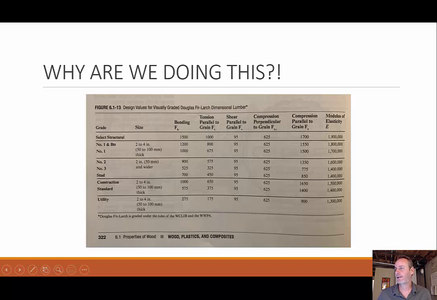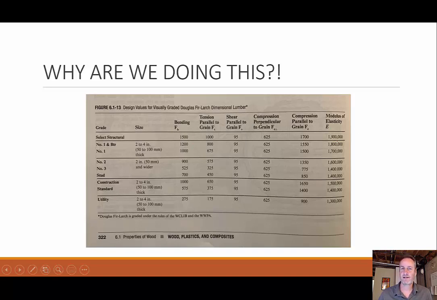Same thing with the tension capacity of these things, right? And the modulus of elasticity, so we would get much more bending as we go down. So that's what we really care about. If these were engineered, or as these are being engineered, we need to know these values, because the engineer will